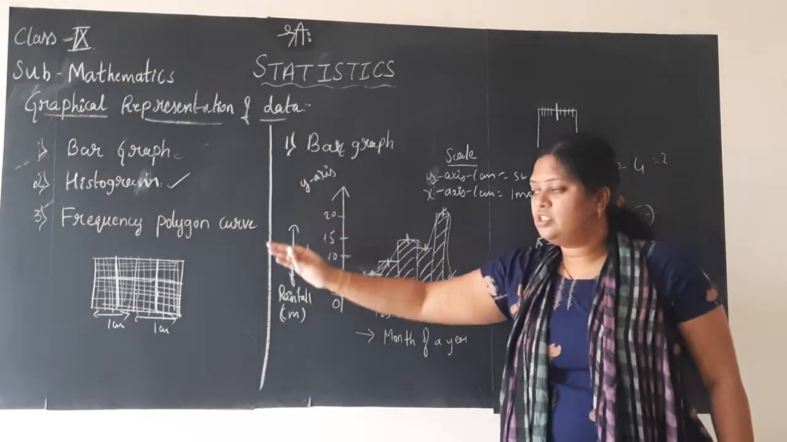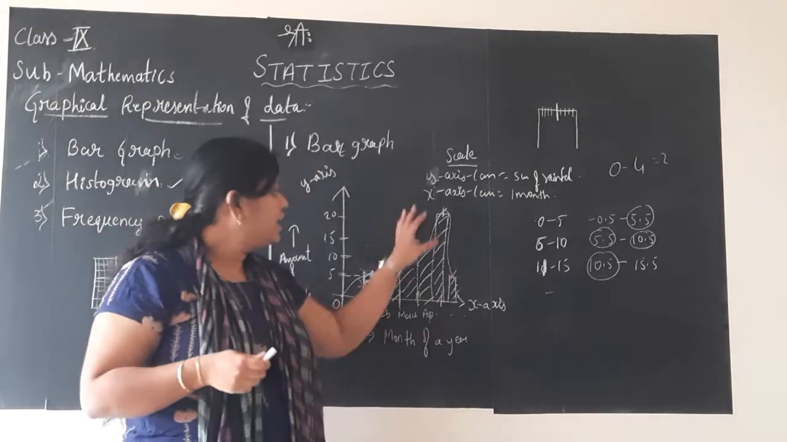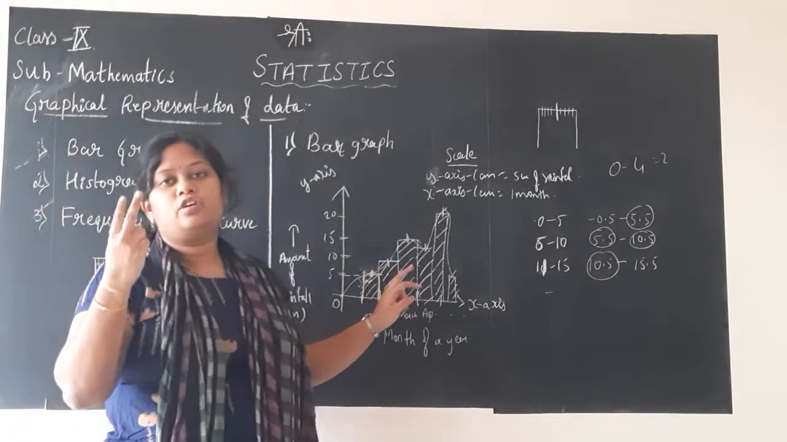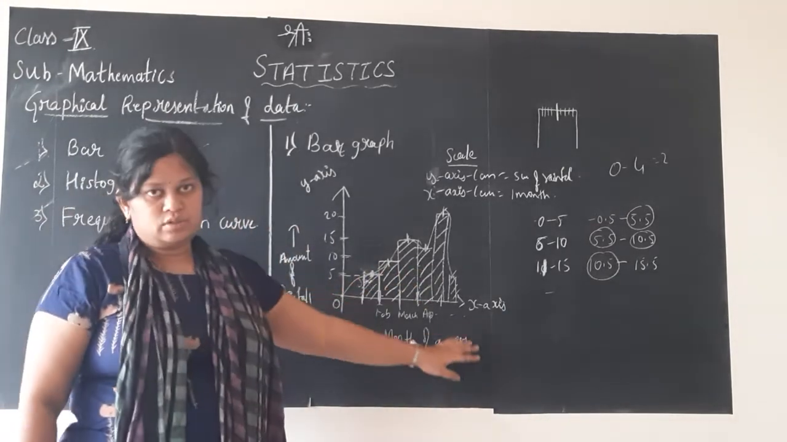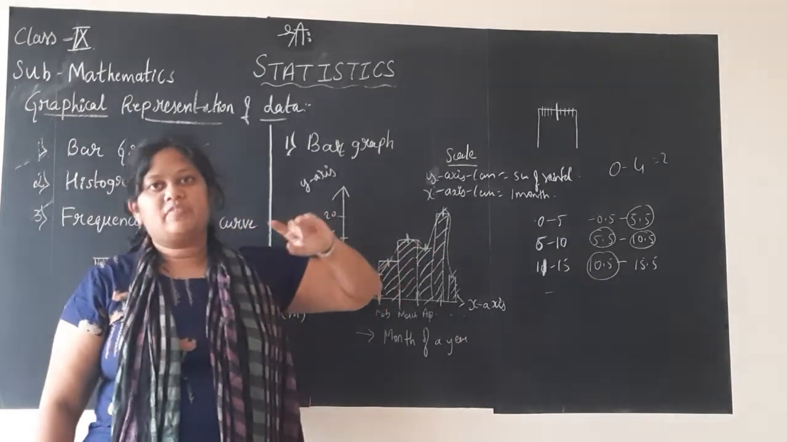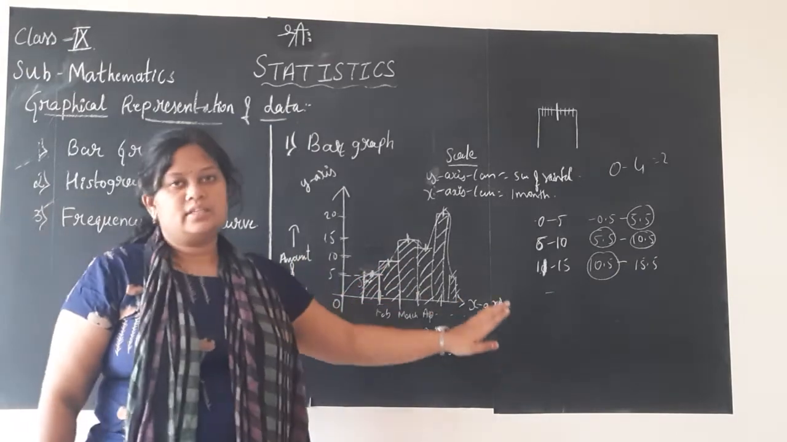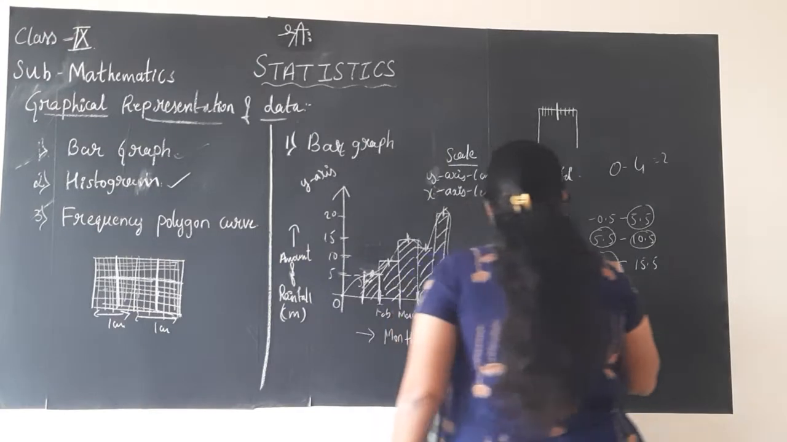A bar graph or histogram has to be plotted or drawn with the help of a scale. But for the frequency polygon curve, there are two methods of doing it. One, either by drawing the histogram and then marking the midpoints and joining them with a freehand curve. Or if you don't want to draw the histogram, directly if you want to draw, how it will be under